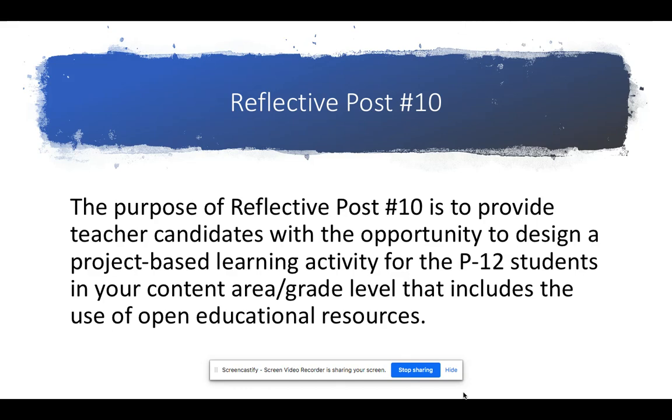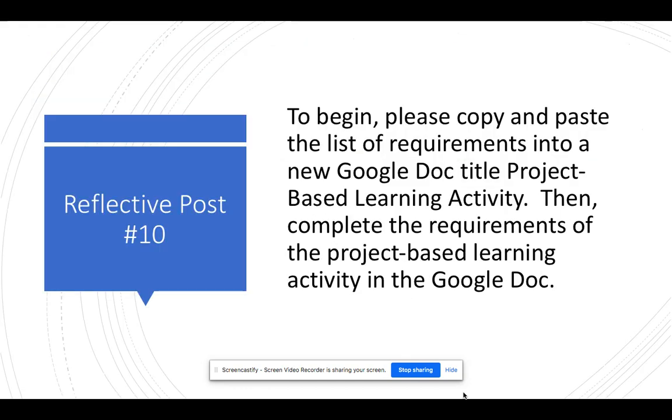So in this course, we're actually going to do it through a Google Doc. Again, we want to show that you can use this technology to enable students to work together and collaborate in an online space. So you're going to open up a Google Doc, title it Project-Based Learning Activity, and then we're going to add in some requirements for that Google Doc